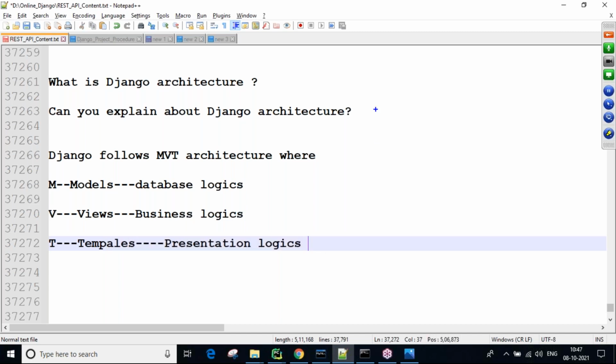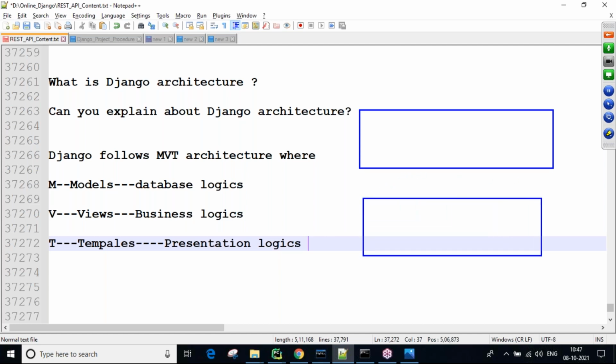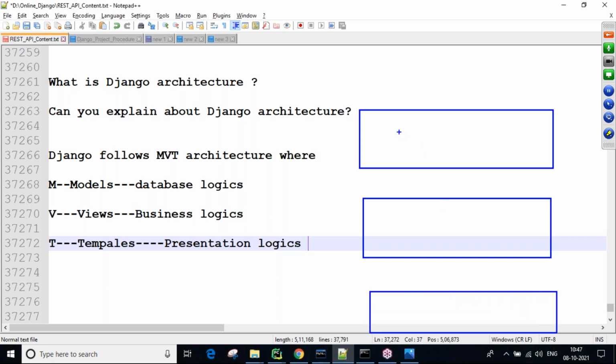I told you already previously, guys, if you want to design any application in real time, three layers are required. One is the database layer, another is the business layer, another is the presentation layer. Here, if you want to handle database logic, then the model concept must be required, guys.